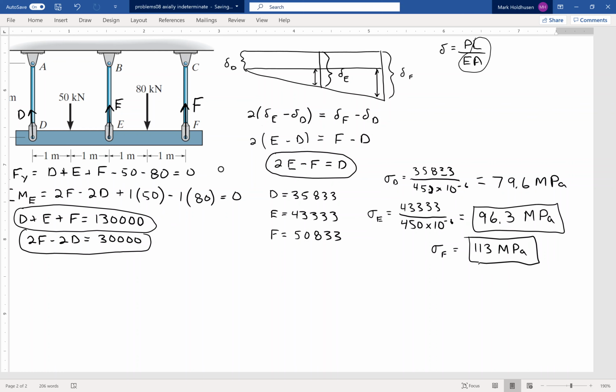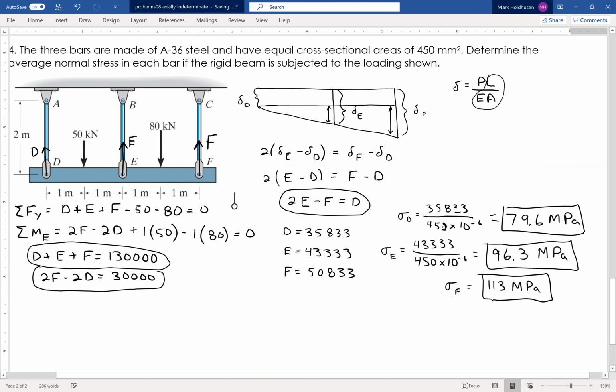So again, with these problems, start with statics. This time with statics, I got two equations, three unknowns, so I needed another equation. That equation comes from the compatibility equation. Everything elongates, but then it tilts so that the middle stretch is twice as much as the stretch at the end, using similar triangles. Then recognizing that they all start with the same length, the same modulus, the same area, all those can just be changed from deltas into their forces. That gives me my third equation. Find the force in each one. Force divided by area gives me the